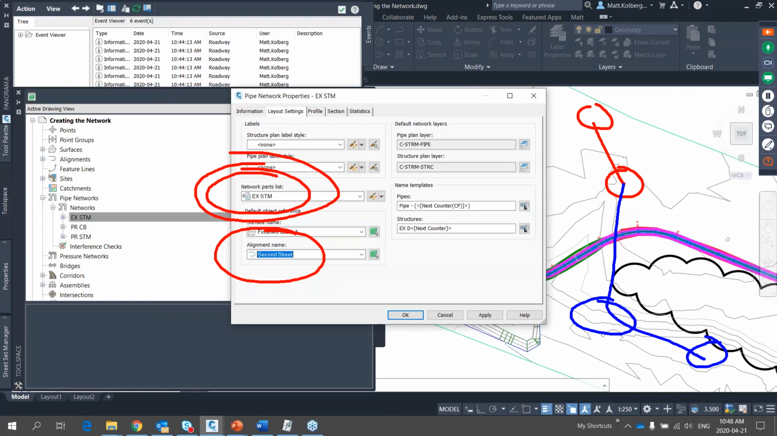Everything's all connected nicely. Sometimes it makes sense to split up your storm into 2 different networks, existing storm and proposed storm. When you're using data shortcuts, this is where it really starts to make sense. If you're not using data shortcuts, because you can XREF pipes into a drawing and you can label through the XREFs. In fact, I'll talk about that a little bit later. If you're doing that workflow, you could conceivably have one storm network and make it happen, and it would probably work better. But when you're using data shortcuts and data references,